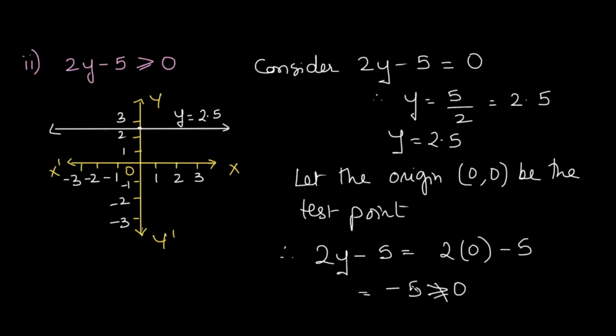That means the solution set again does not lie on the origin side. This is the origin side of this line. The solution set does not lie on the origin side. Rather, it lies on the non-origin side of the line. So the solution set is this line itself and also the non-origin side of the same line. So it is over here. It will make a mess over here. That's why I'm shading it carefully. This way. It includes all these regions which are there.